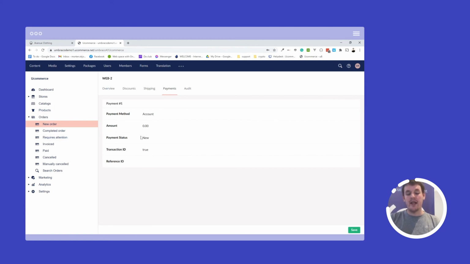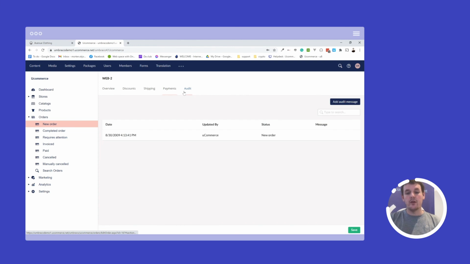Payment details will be surfaced here as well. WooCommerce allows multiple payment methods to be used, so I can have multiple payments. Pay by gift card, pay by credit card, pay by invoice. All of that is possible, and you can have multiple payments on there as well. Typically, we don't want the store managers to tamper with that because it's transactional data, but you have an overview so you can see what's going on with the order.